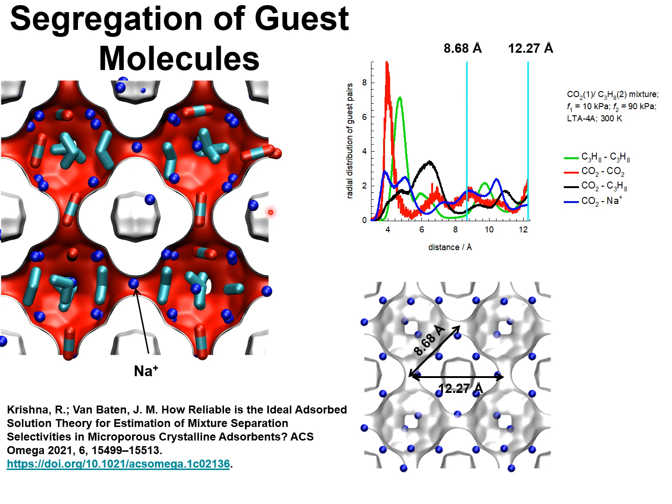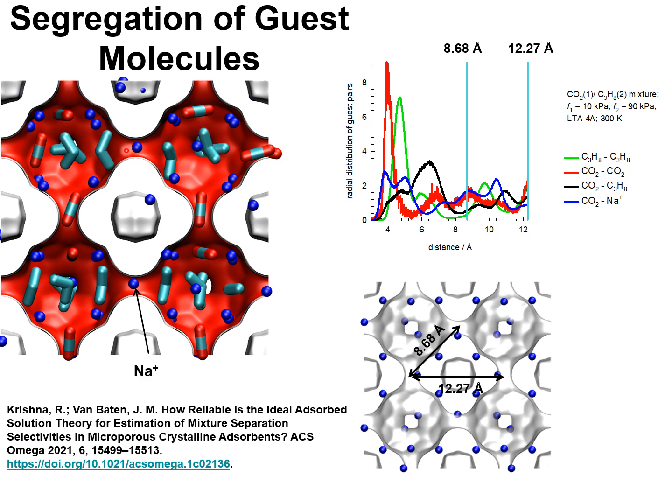The preferential location of CO2 at the window regions results in segregation of gas molecules that have important consequences for mixture adsorption. Another way to quantify the segregation effects for mixture adsorption is to determine the radial distribution functions, that consists of sampling, say, 1 million equilibrated samples, and to determine the distances of various pairs of molecules. I show here the results for mixtures of CO2 and propane